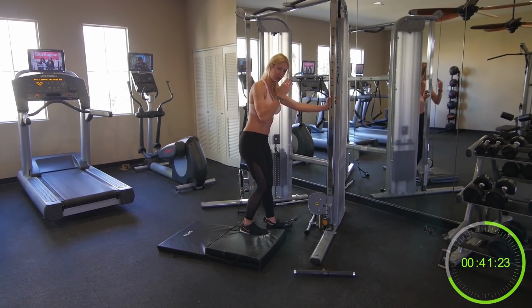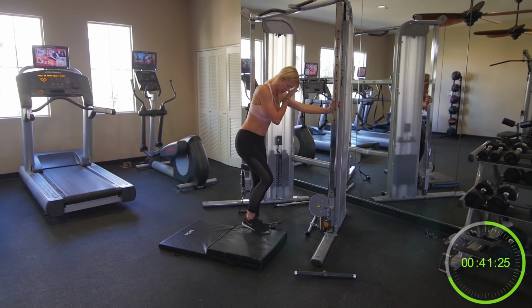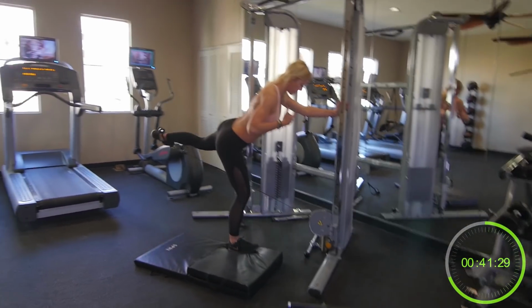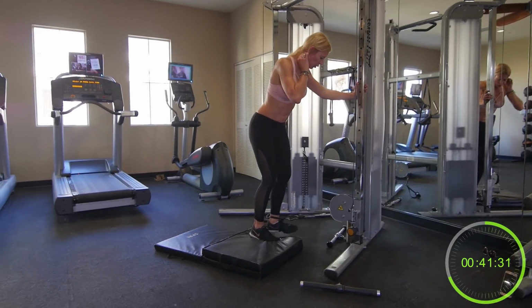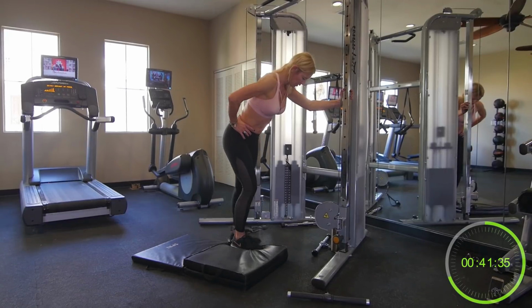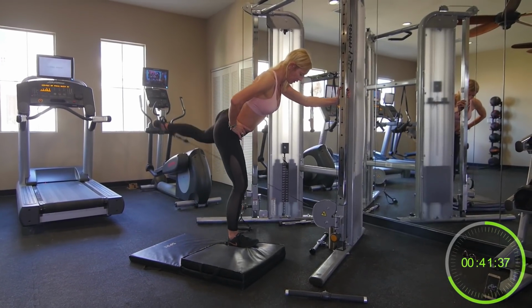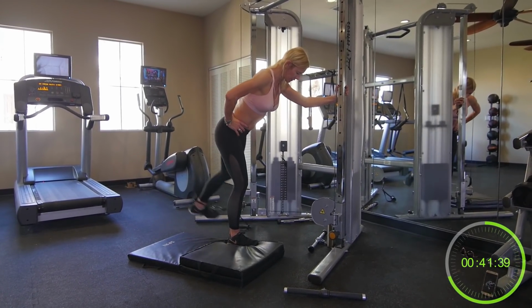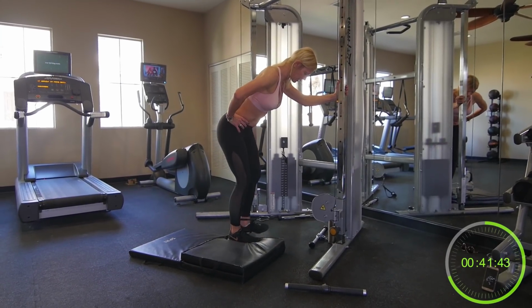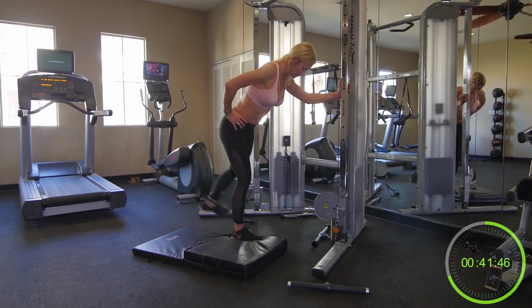So remember, have your foot slightly facing out. So if you have a slight external rotation in your hip, you're working your glutes, it's a little bit more effective. 2, 3, 4, 5, 6, 7, 8, 9, 10,